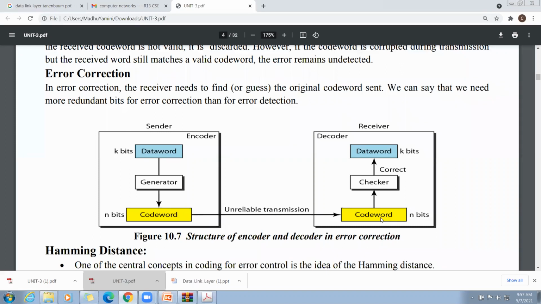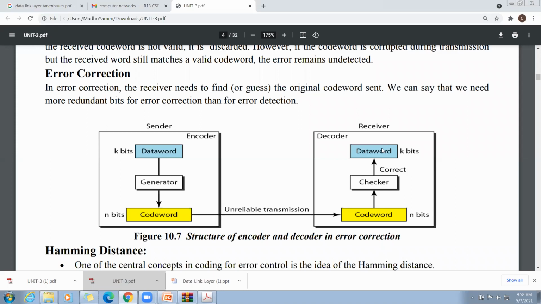Same process. After the code word reaches the receiver, the receiver will check. In the previous case, in detection, if any error is detected, it simply discards the word. In the correction process, if there is any error, the receiver will correct the data and thereafter extract the data word.